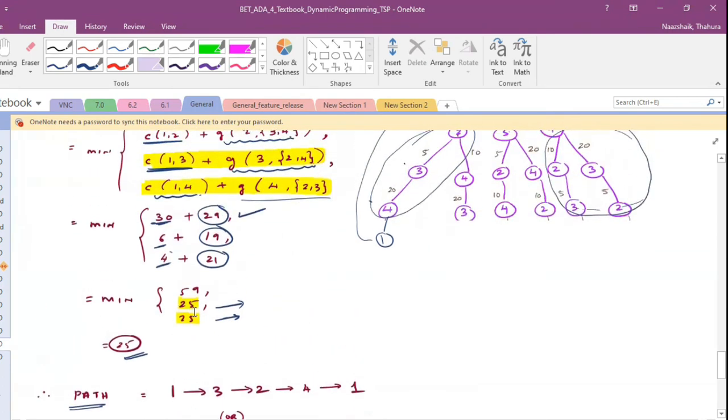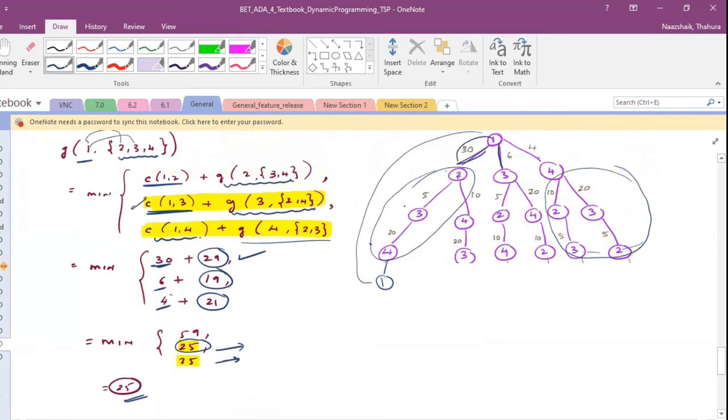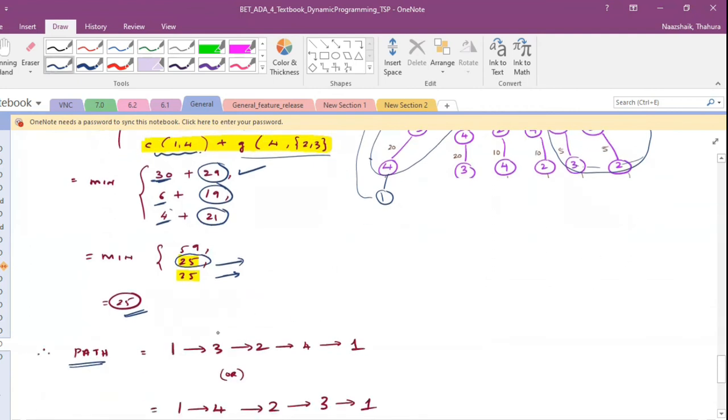Right? You have 2 choices. Let's pick the first choice here, this one, and see what path you will get if you pick this one. So this is your second value here. That means it's talking about this, right? So you're saying 1 to 3. Okay. How do I note it down? Here, 1 to 3. Okay.